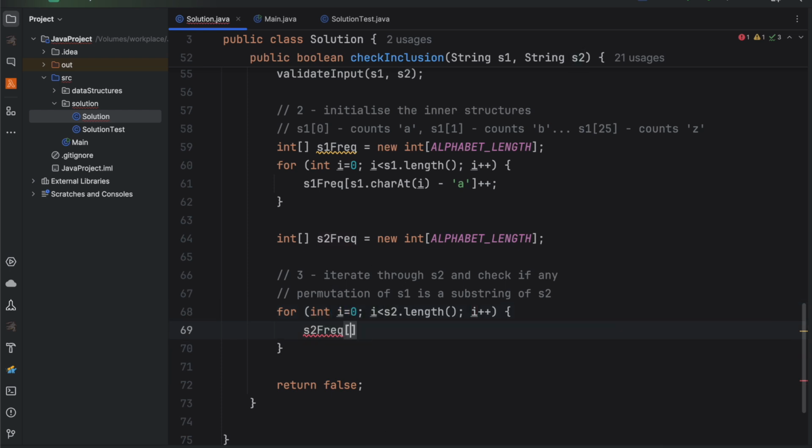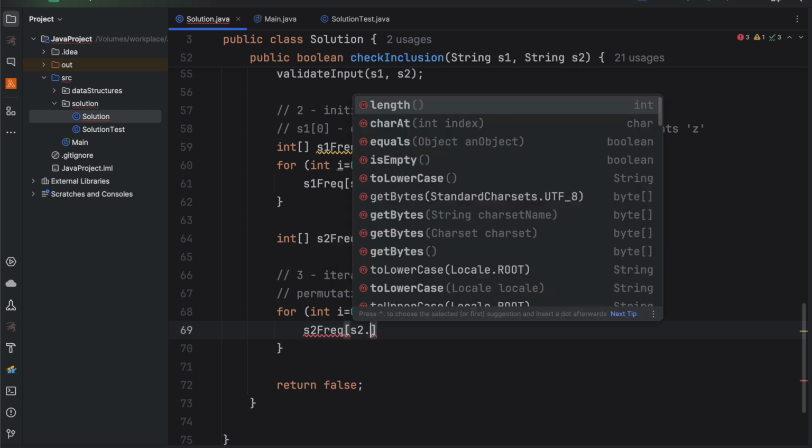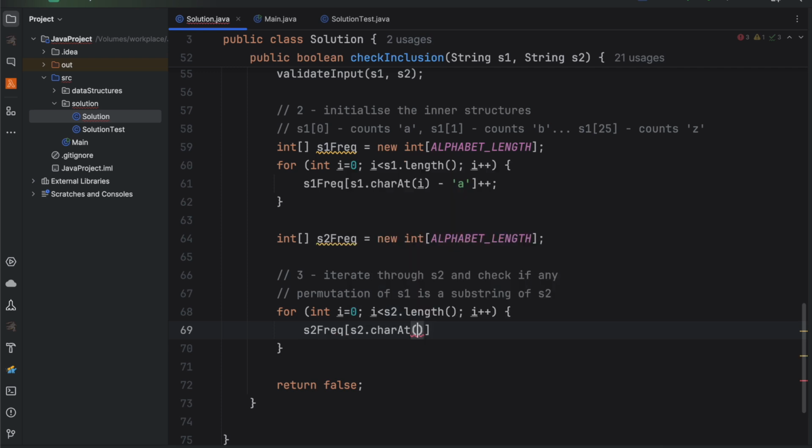So we can say s2 frequencies of s2.charAt(i) minus 'a', and we translate that to the code plus plus, and then we can check whether we have reached the